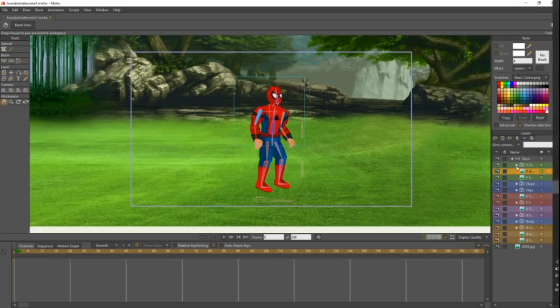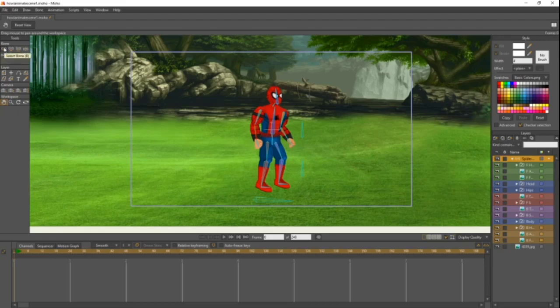But yeah, the first thing we are going to do is come up here to the Steve folder, and we actually are going to create a new bone. So come over here, make sure his name's Steve. I'm actually going to change his name to Spider. I'll put Spider Steve. Alright, so you're going to want to come up to your character, your bone layer,